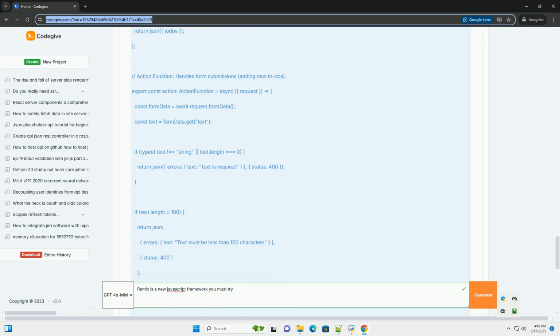Explore Remix stacks: check out the Remix Indie stack and Blues stack for full stack starter projects. Read the Remix documentation: the official Remix documentation is an excellent resource for learning more about the framework. https://remix.run